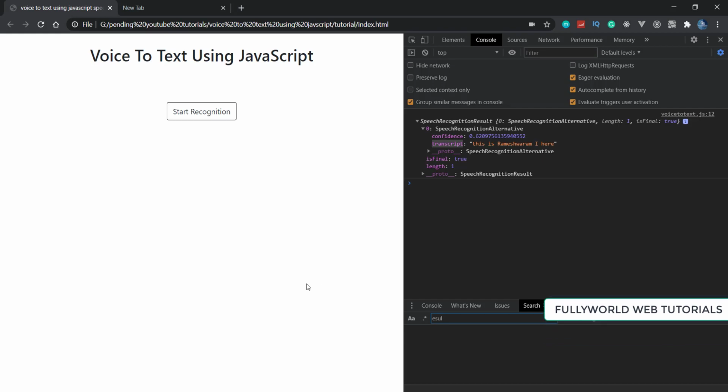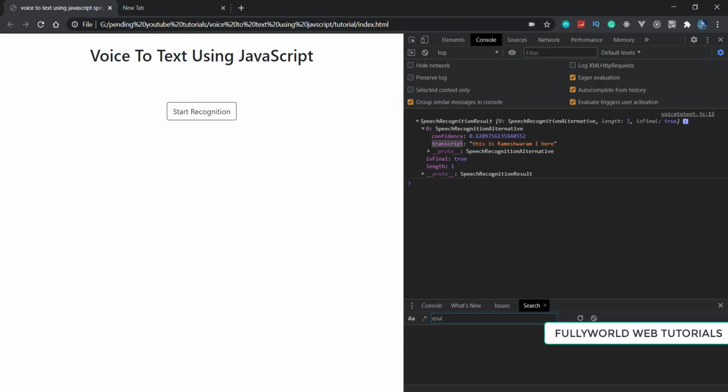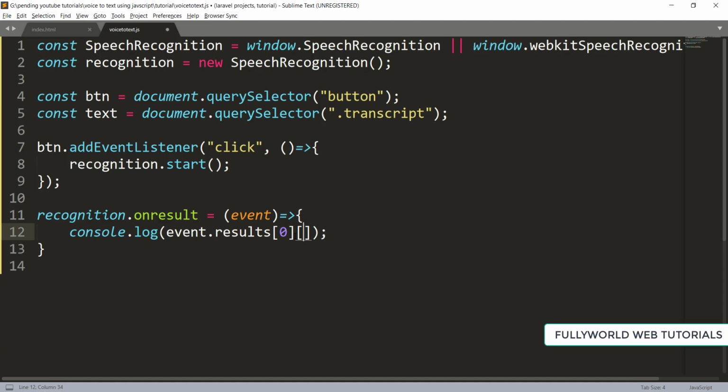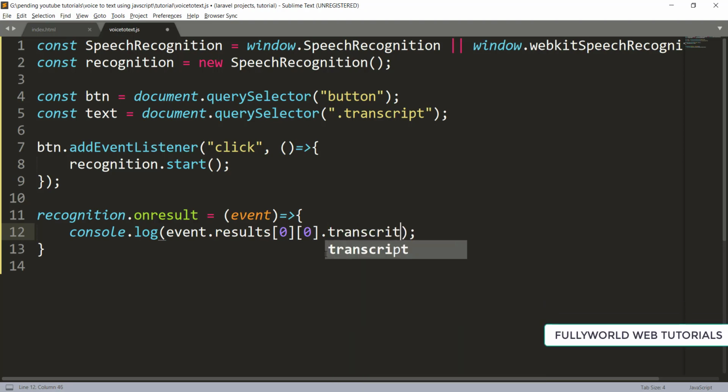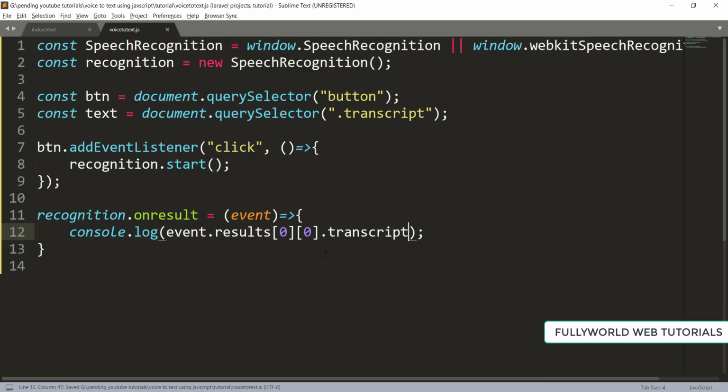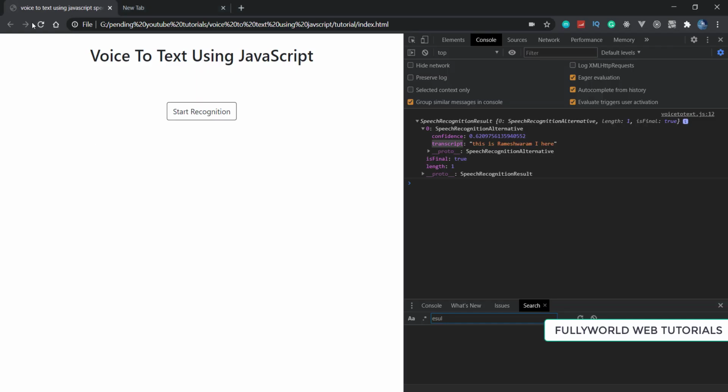But we have to access this first element and then access our transcript. So first of all, let's access this element here. Now see that here I accessed the second element also. This whole thing returns us one array, and under that array there is one element, which means we are accessing our inner array also. Then this will return us an object, and under that object we are going to access our transcript. So save this, and now let's reload this.